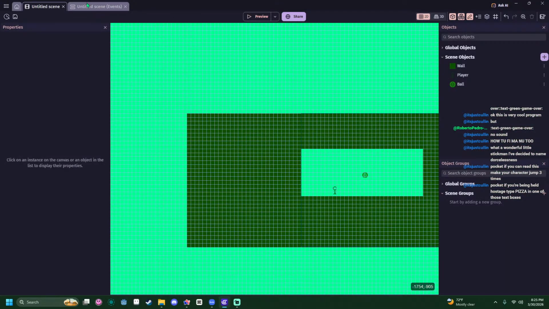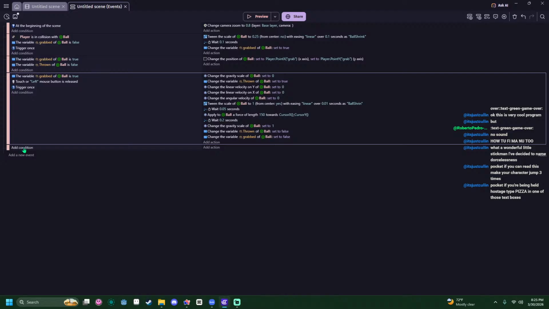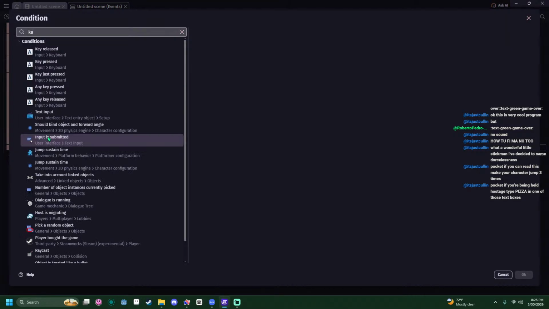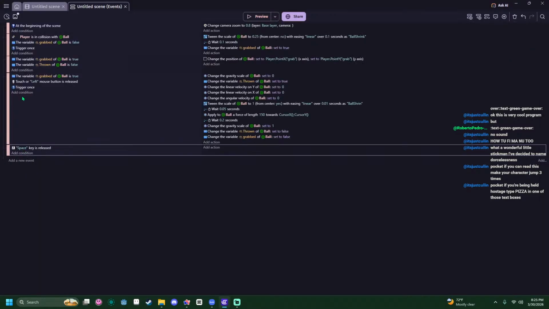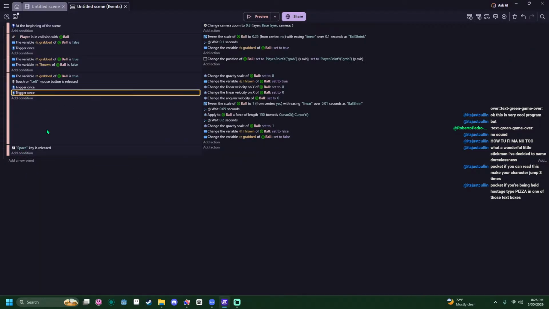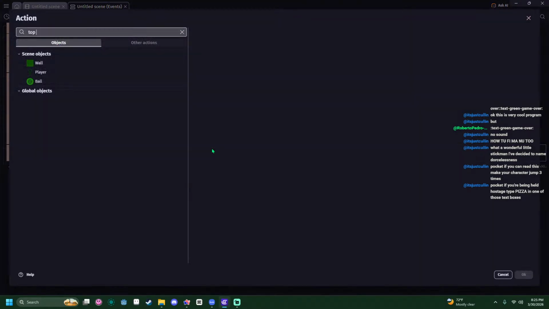I could do, yeah, I think I want to do actually, so if key released, if space is released, what are the options for this?